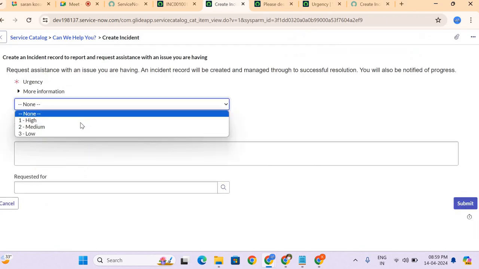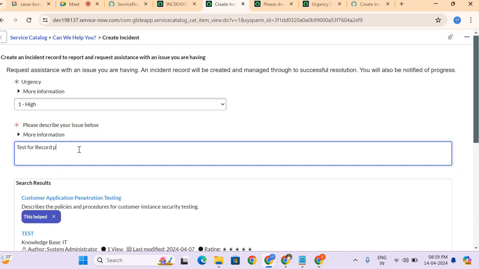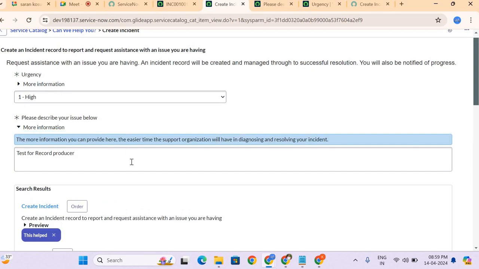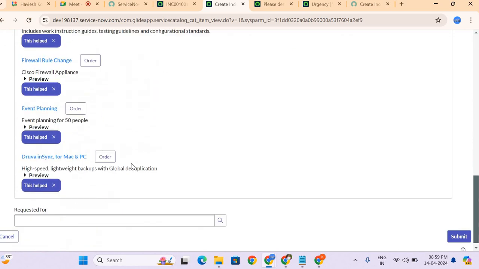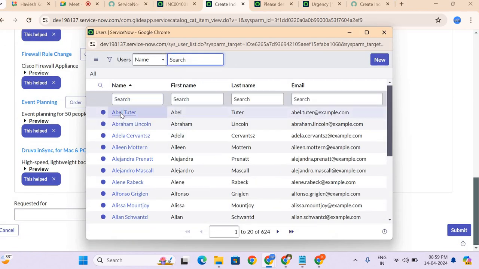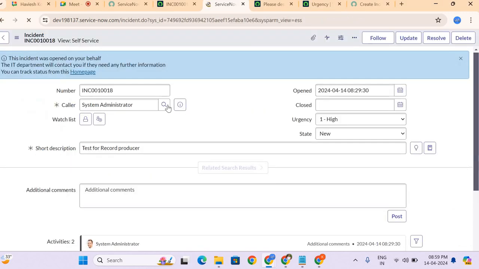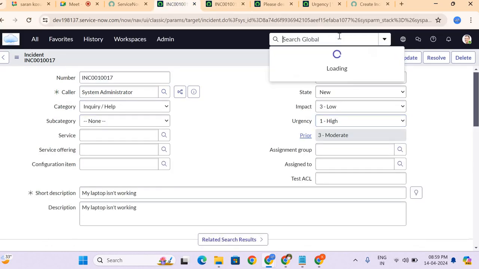Again the urgency, let's say 1, and test for record producer, and then I don't want this. Requested for is Abel Tuter, and if I submit this, the incident got created. So let me just go here.